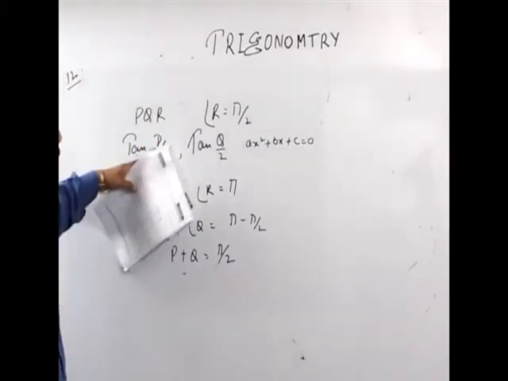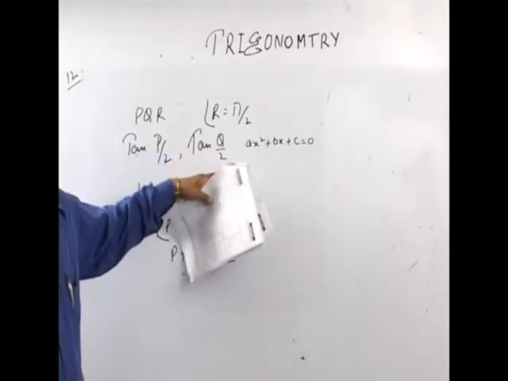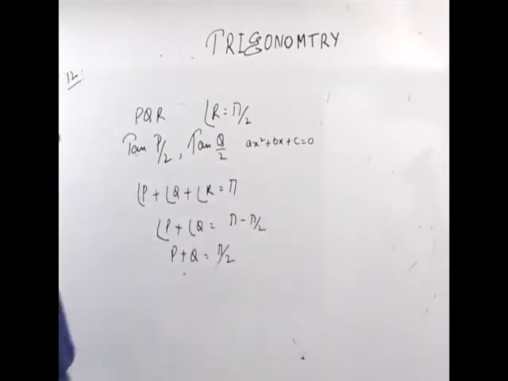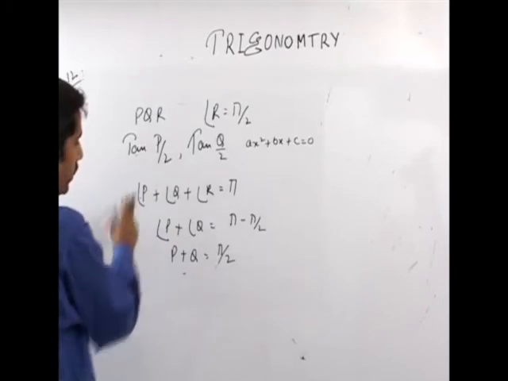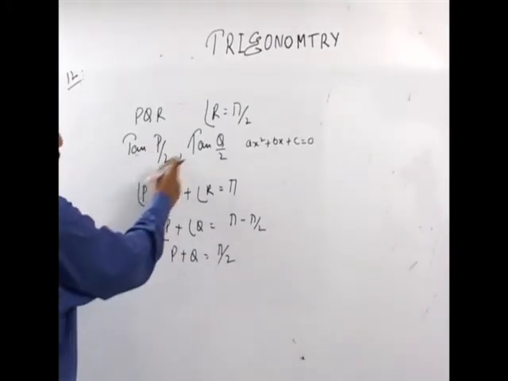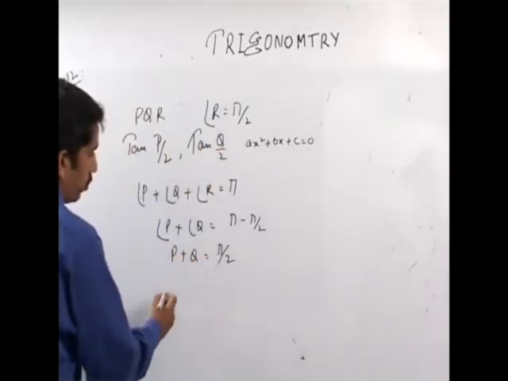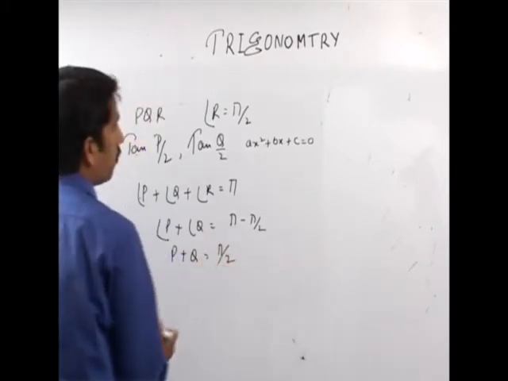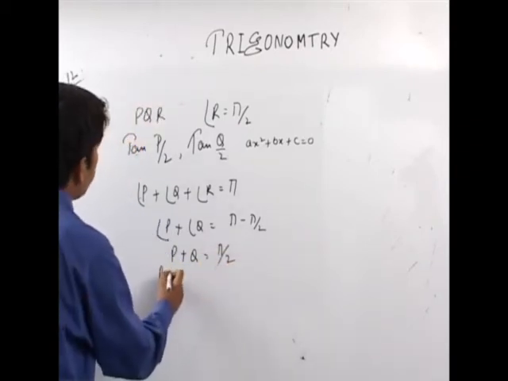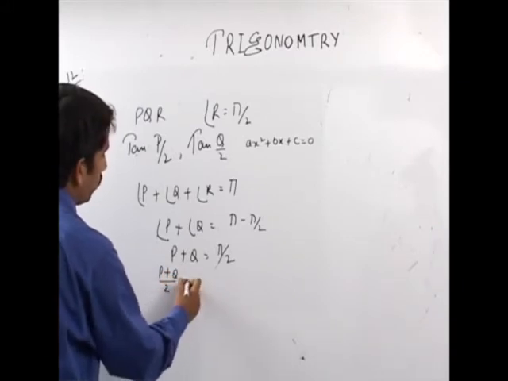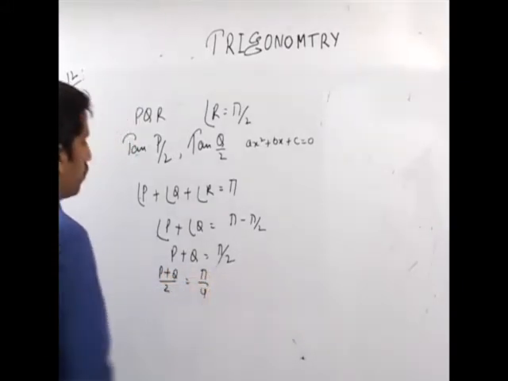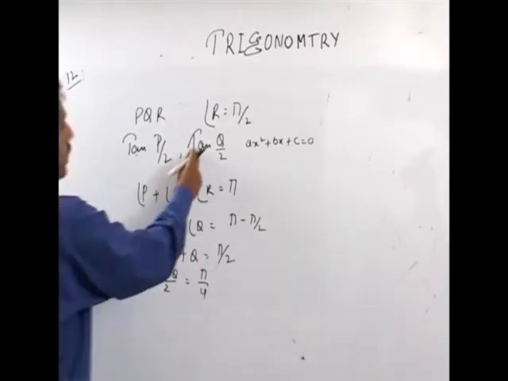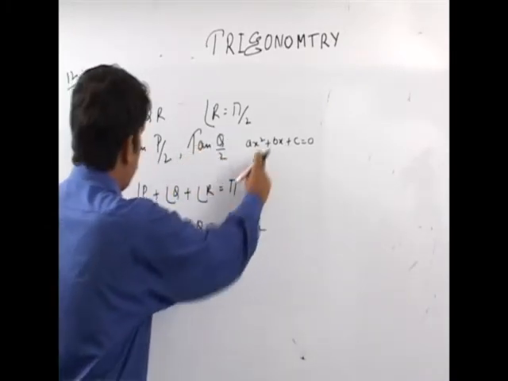Now you are given tan P by 2, tan Q by 2. From this point you will have a hint that we have to convert this angle into half angle, P by 2, Q by 2, and this will be done by multiplying both sides by half, so you will get (P plus Q) divided by 2 is equal to pi by 4. Now since we are given tan P by 2 and tan Q by 2 are the roots of this equation, therefore